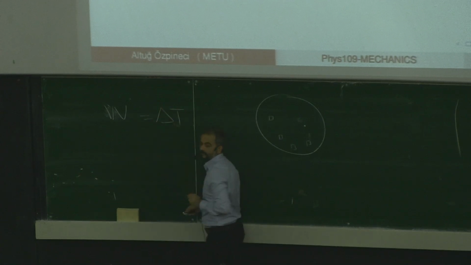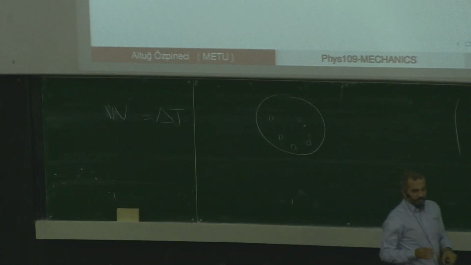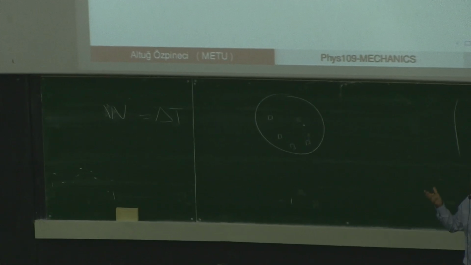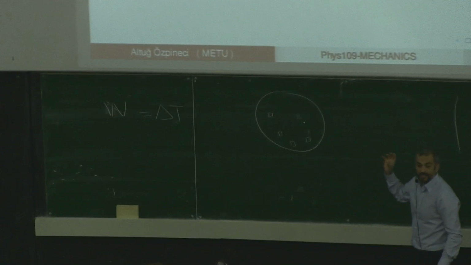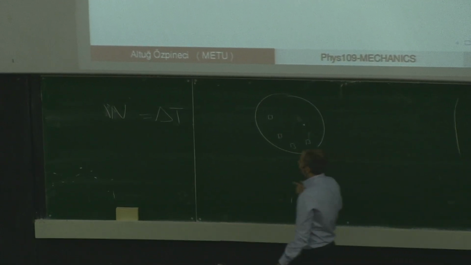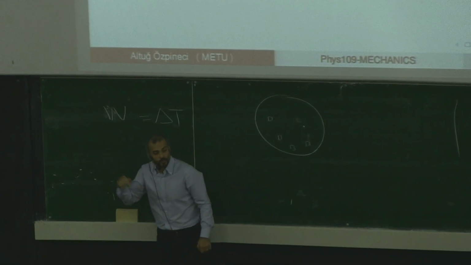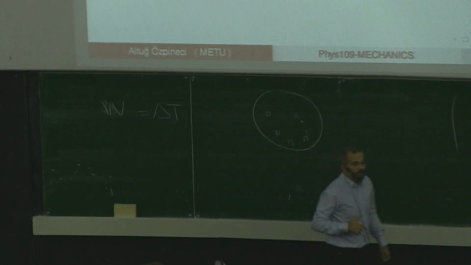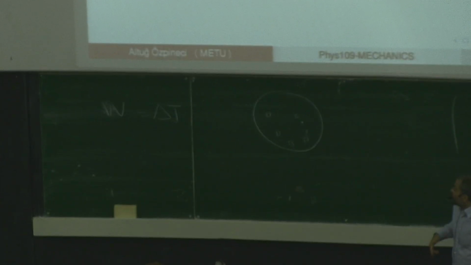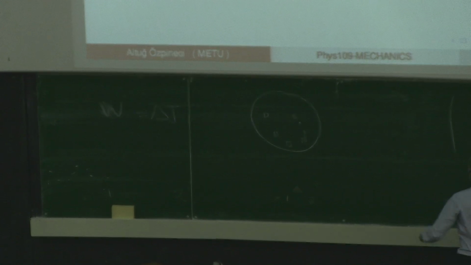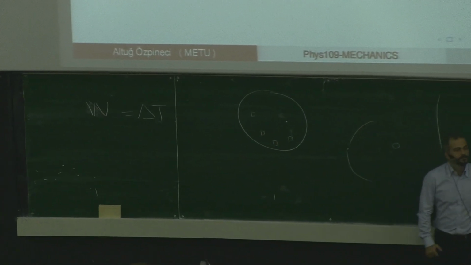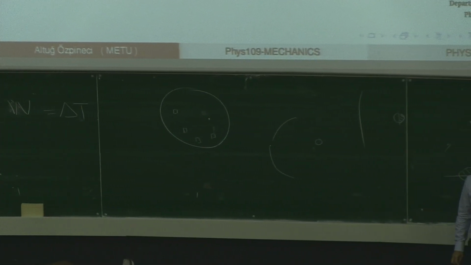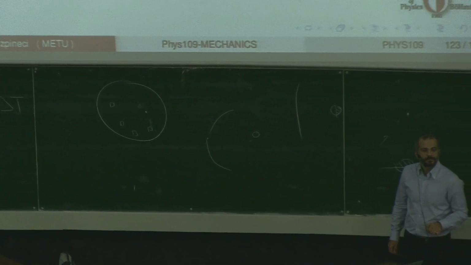Because we have seen that if you do some work on an object, that amounts to a change in the kinetic energy. So if when the moon was first formed, it had a larger kinetic energy than it has now, it has slowed down. That means it has lost kinetic energy. If it has lost kinetic energy, something should have done some work on the moon. Assuming that the orbit of the moon is circular,